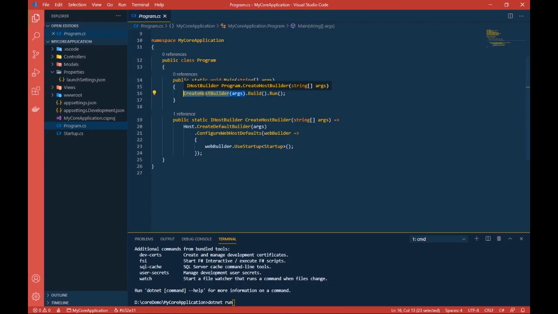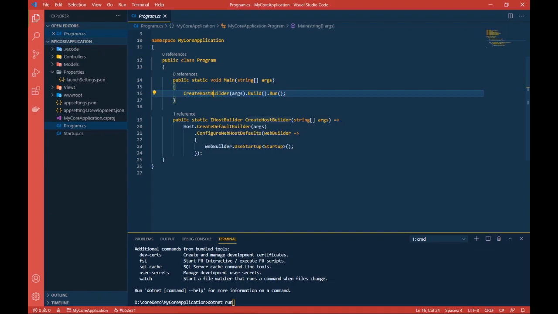Then this Build method instantiates that host, which was earlier just a blueprint. Here you build your host, and here you actually initialize it. Once that host is initialized, you run this command, which starts running your host with all the configuration. This is a basic explanation of this line.